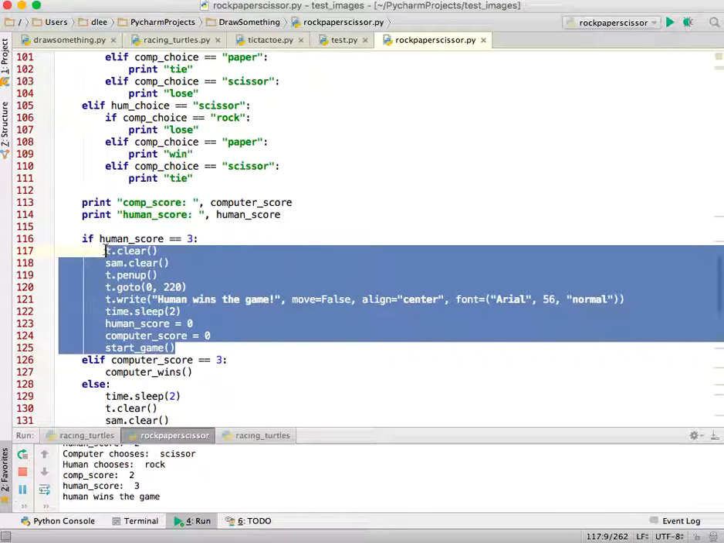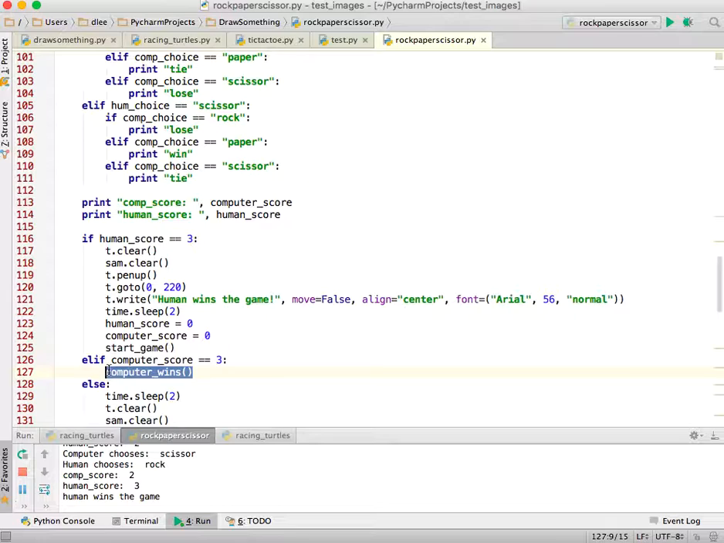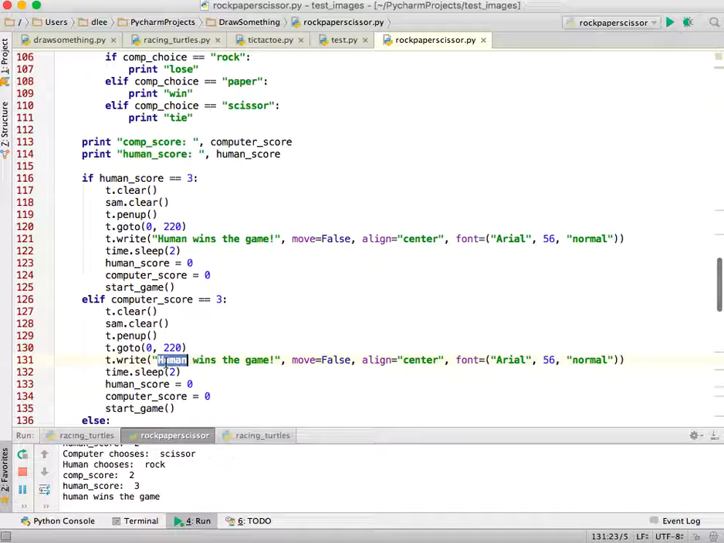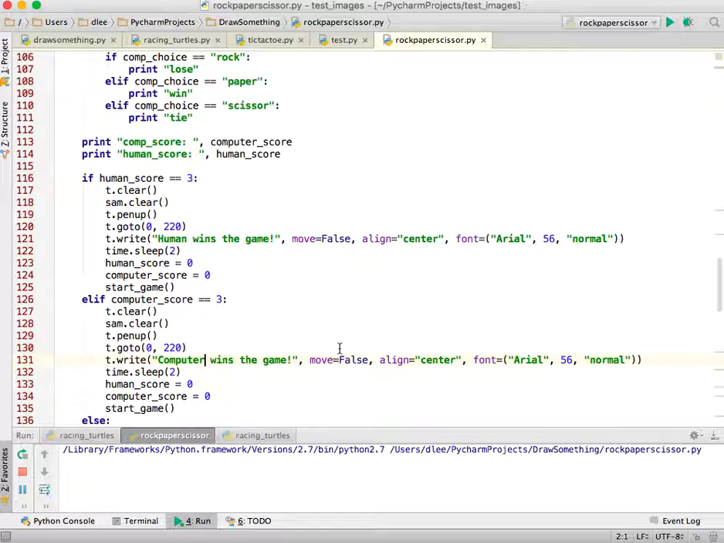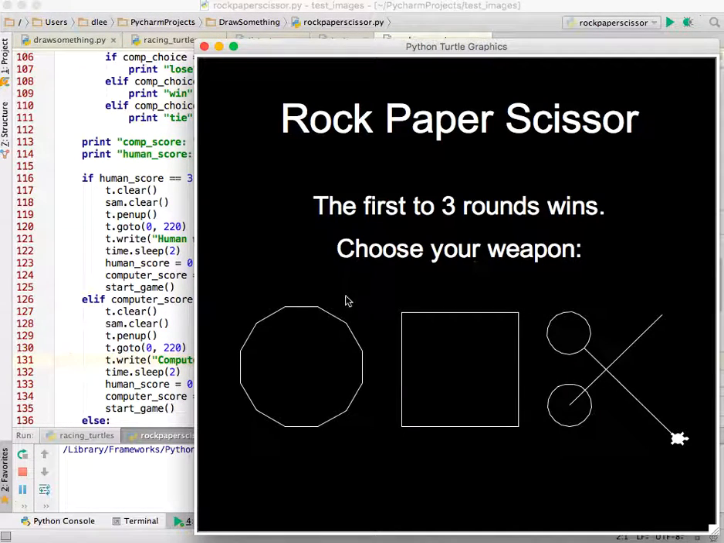And so I'm going to go ahead and grab all of this, and I'm also going to put this here under computer, except I'm going to put here computer wins the game. And I think we should have a complete game now. So let's go ahead and stop. We could run the program. I'm going to hit rock,